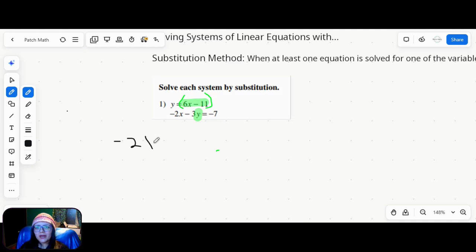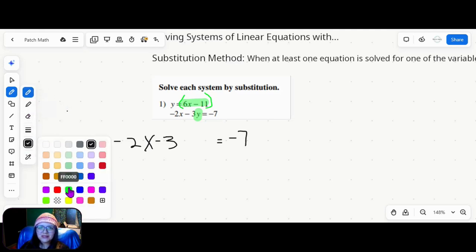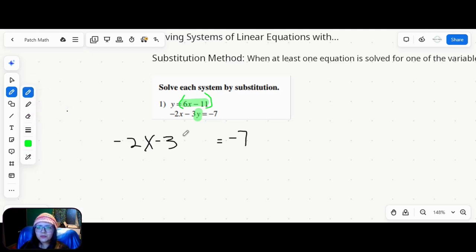So I'm just going to go ahead and write out the second equation, but leave a spot open there for y to plug it in terms of x. And I like to color code, and you're going to see right where y was in the second equation. We're going to plug in parentheses